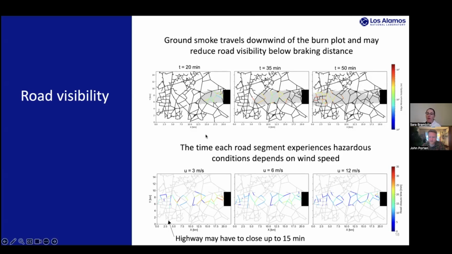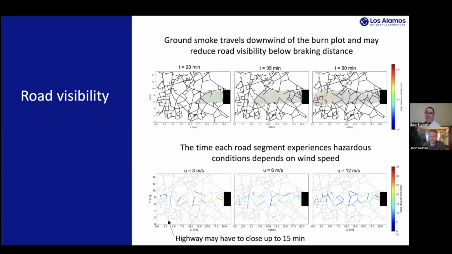Those before the highway are more of country road type, so maybe you're less interested. You don't quite care if their visibility is impaired. But as you go on the highway again, you want longer visibility, matching the braking distance. The other thing, the bottom row, we can predict based on how long you exceed the braking distance limit, then we can calculate how long you will have to close the road. And that gives you an idea if it's just a temporary effect, just a 1 second effect, versus something longer,